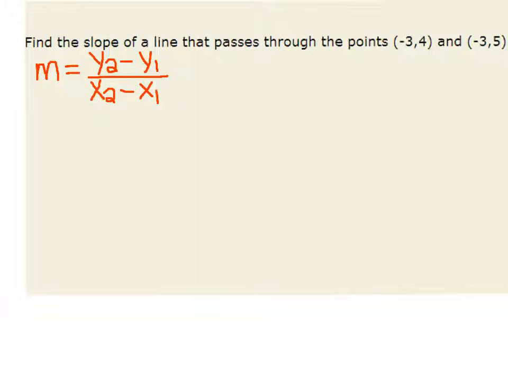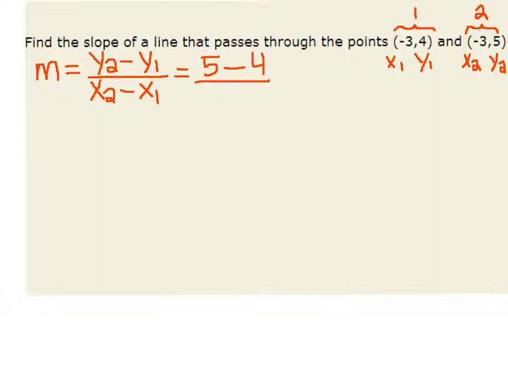So first, like I've done in the other ones, it's a big time saver. Clearly label your points. So we have set 1 and set 2. That means we have x1 here, y1 here, x2 here, and y2 here. So now we're going to plug them in accordingly. We have y2, which is 5, minus y1, which is 4,